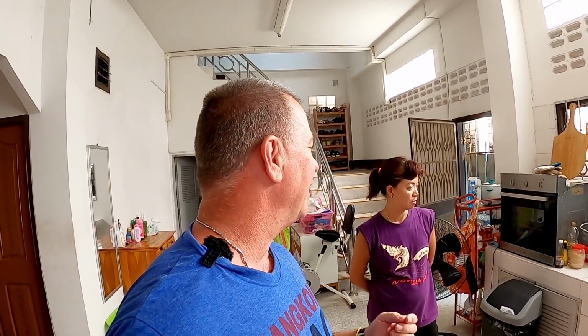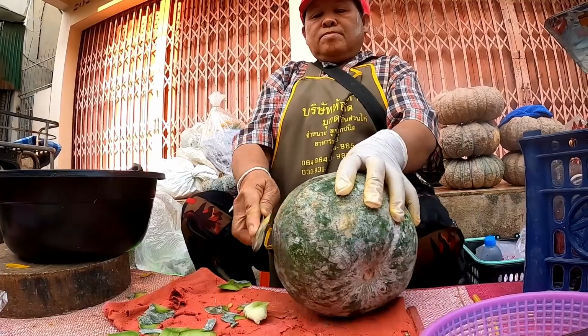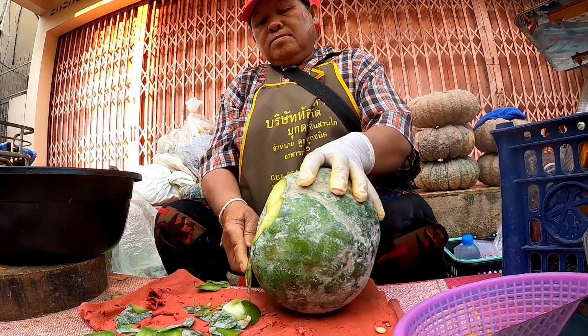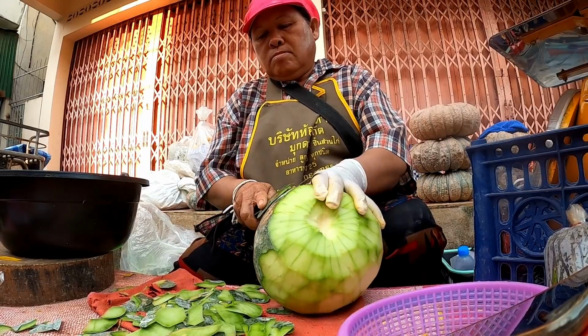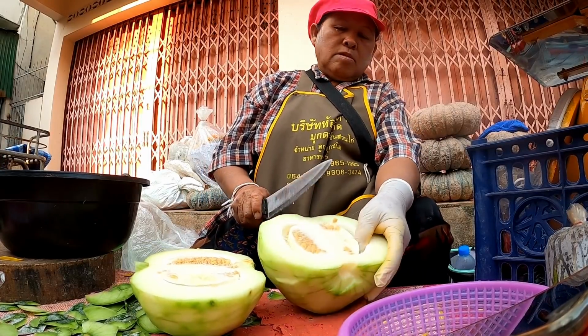And we've got what this is called. It's a, what is it in English? It's a... Anyway, this is a vegetable called...